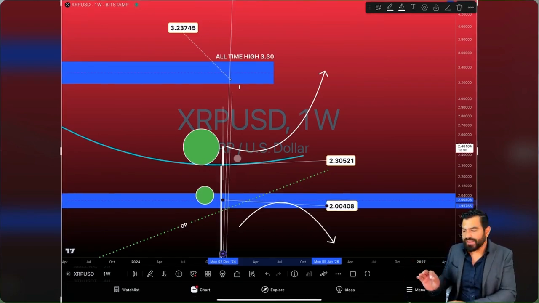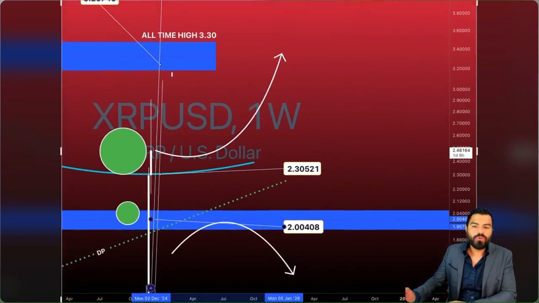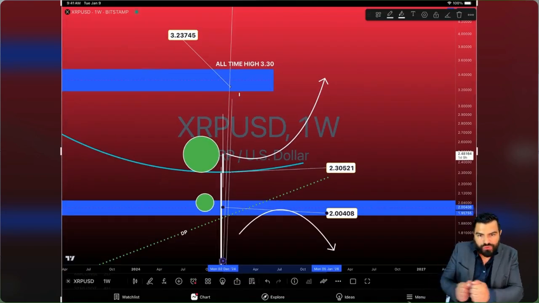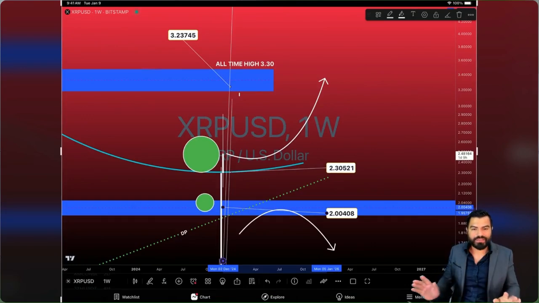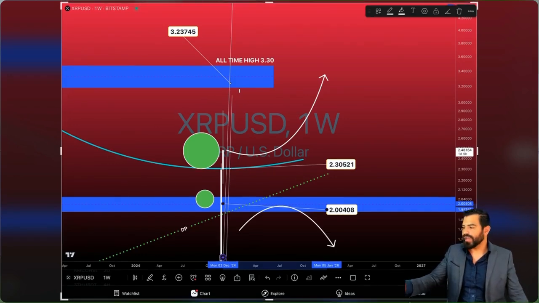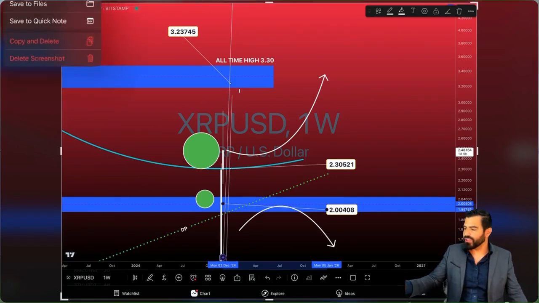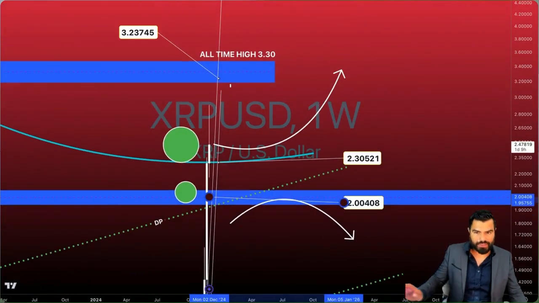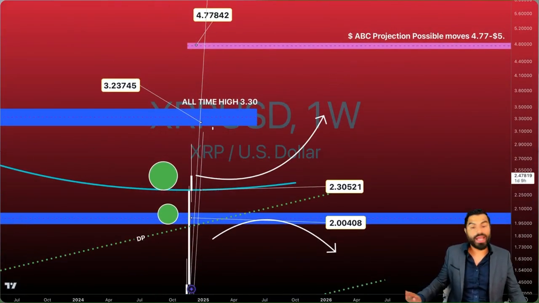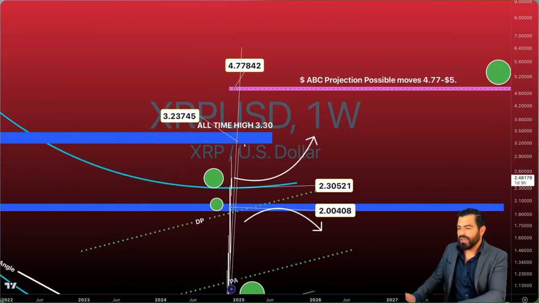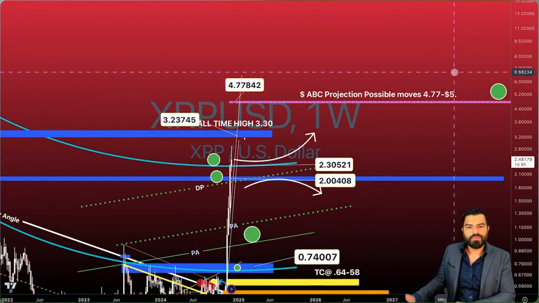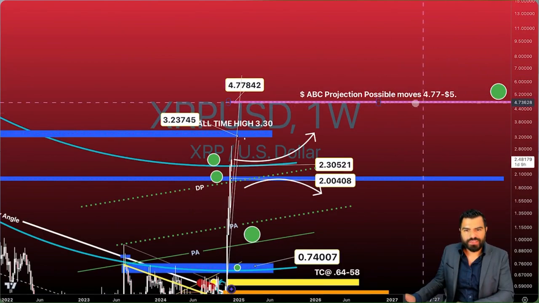All I can tell you is that the $2.30 price range is where I took profit, and I moved into XDC because I did not have any XDC at that time. My XDC was on an exchange that went bankrupt, and I shouldn't have had it on the exchange, but I did. Those exchanges close overnight, so I had to buy some myself. And I had a dream when I saw XDC at 6 cents, that's when it moves up really high. As I gave you my report last time, I'm expecting $4.77 to $5.